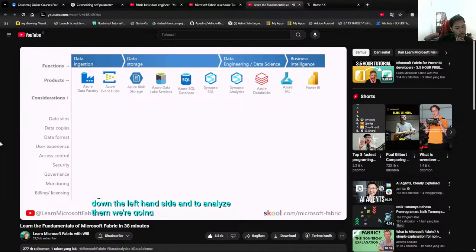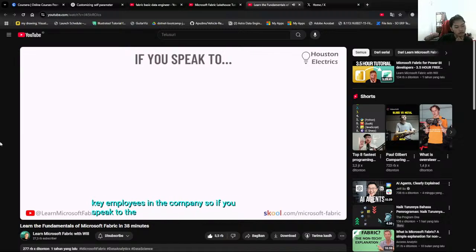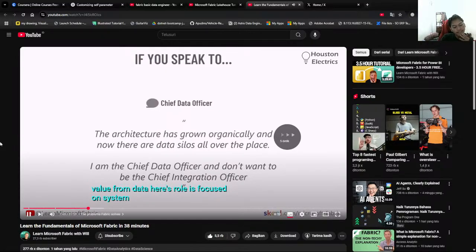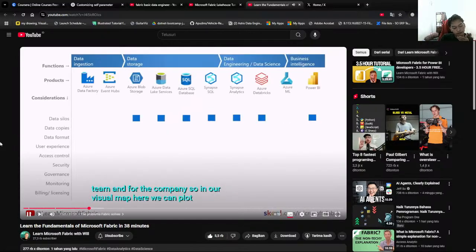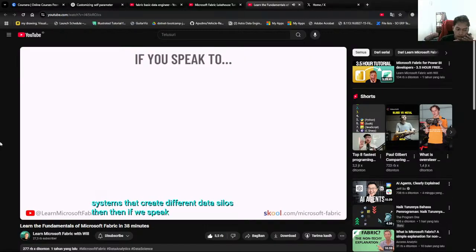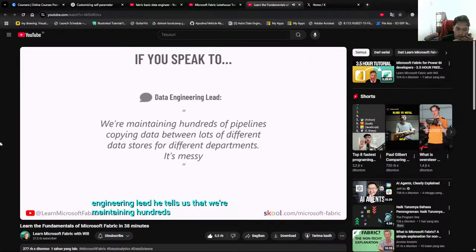And to analyze them, we're going to speak to a number of key employees in the company. So if you speak to the chief data officer, they're going to tell you that the data architecture has grown organically, and now there are data silos all over the place. On our visual map here, we can plot different blocks that represent all the different systems that create different data silos. Then, if we speak to the data engineering lead, he tells us that we're maintaining hundreds of pipelines,